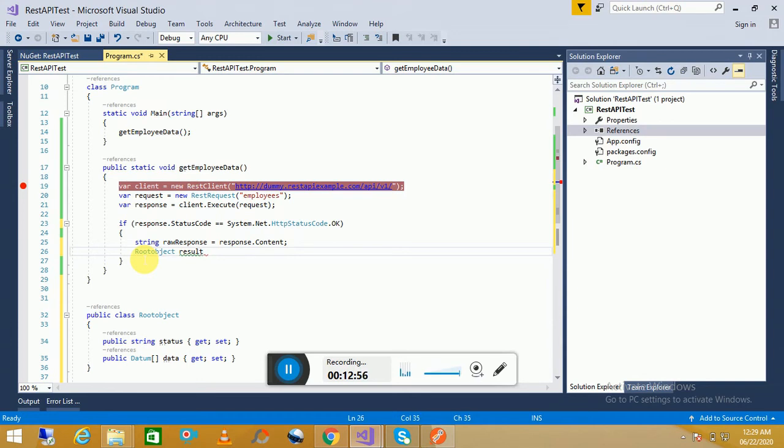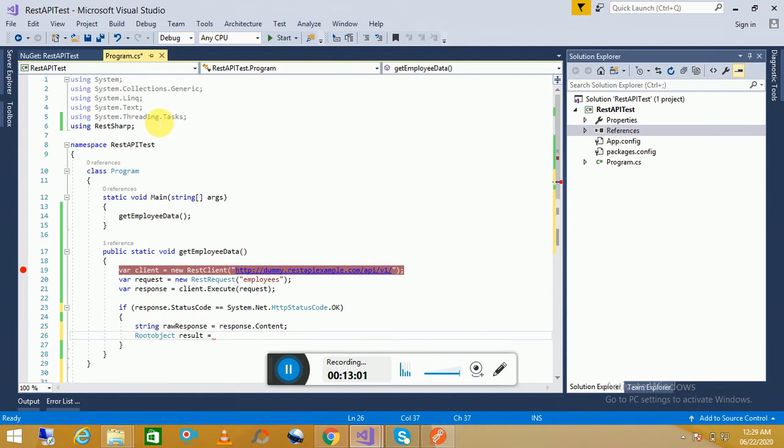Result. Let's attach here the Newtonsoft.